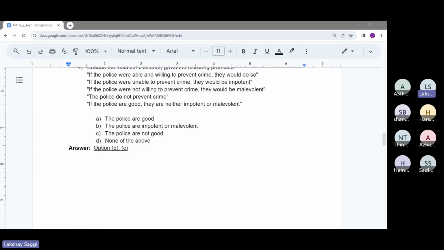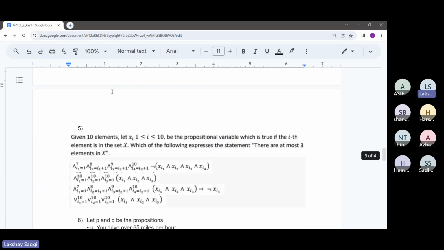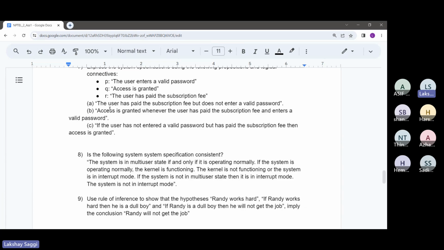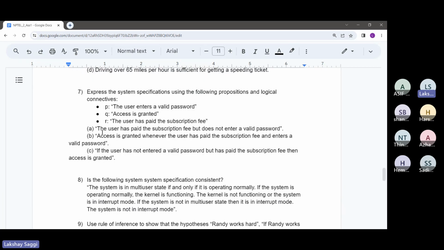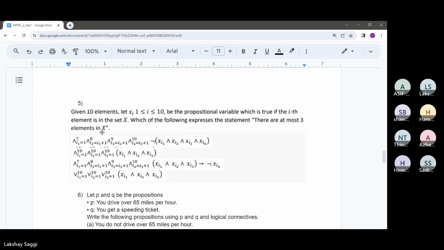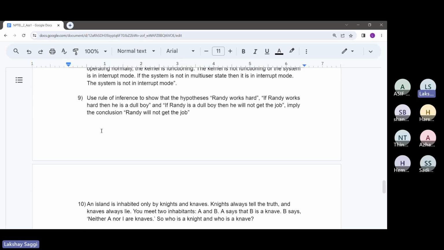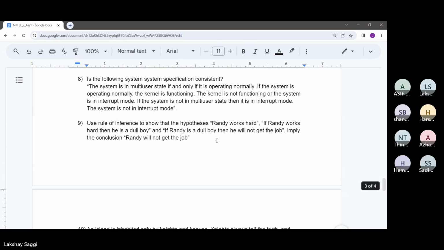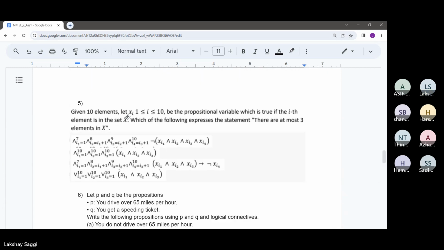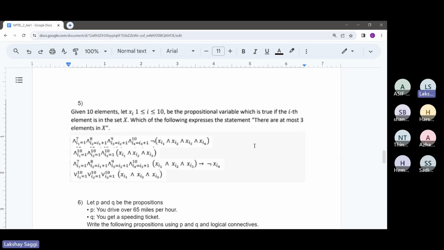So is this clear to everyone? I'll move on to the next question then. So I had actually prepared 10 questions, but I don't think I'll be able to cover all of them. So I'll cover this fifth question and then I'll directly jump to the last question since it's an interesting problem. So yeah, coming to this fifth question,